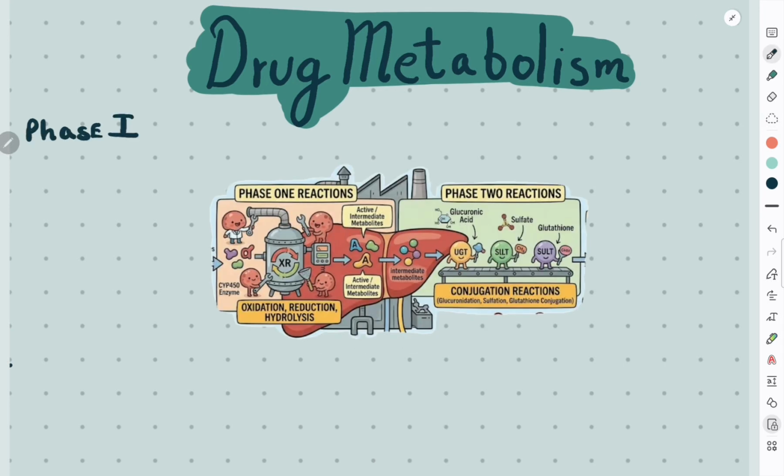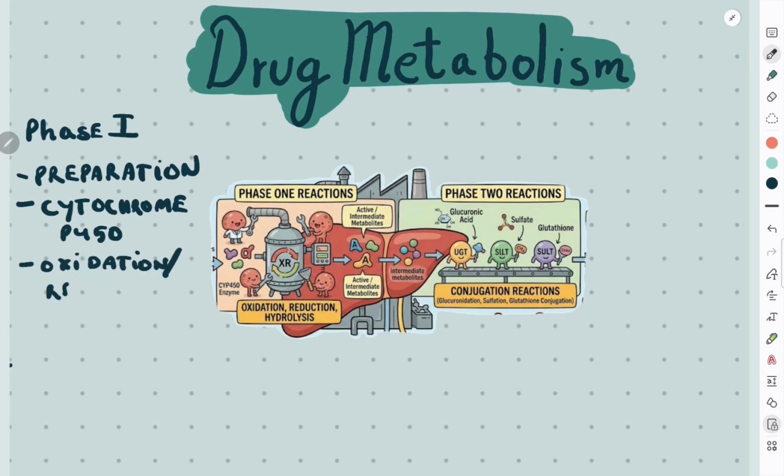Think of phase 1 as the preparation phase. Here, the liver uses a massive family of enzymes called the cytochrome P450 system to introduce or unmask a polar functional group on the drug molecule through oxidation, reduction, or hydrolysis. Phase 1 reactions act like a biochemical knife, slicing open a handle on the drug so that phase 2 can